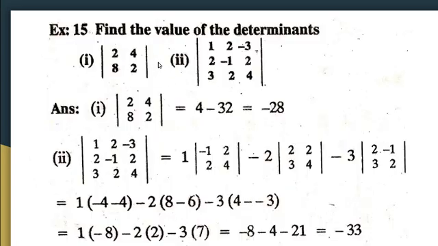Here we have 2 problems. A 2 row 2 column determinant is here, and a 3 row 3 column determinant is also here. So first let us find the value of the 2 rows and 2 columns determinant. Simply multiply the first element with the opposite element. Cross multiply these two elements: 2 into 2, 4. Then put a negative sign for the second product, minus 4 into 8, 32.